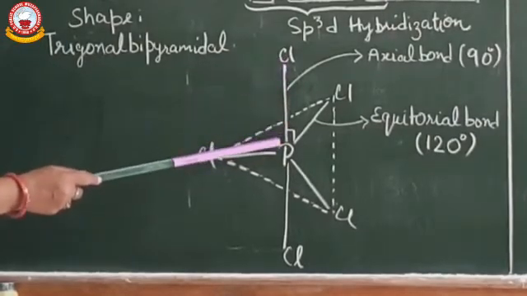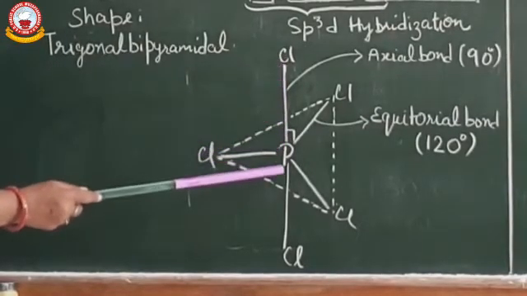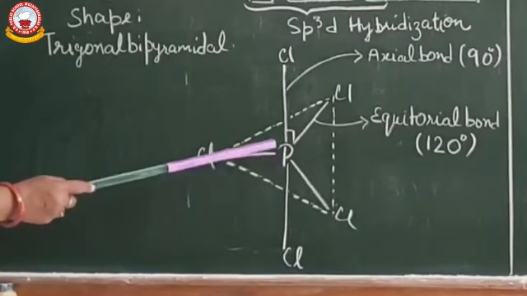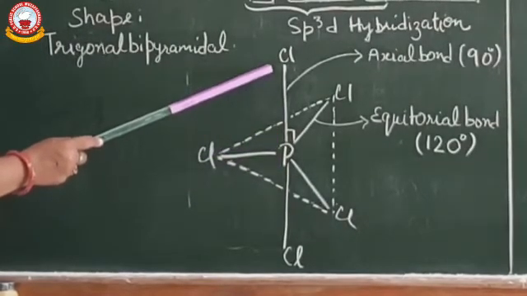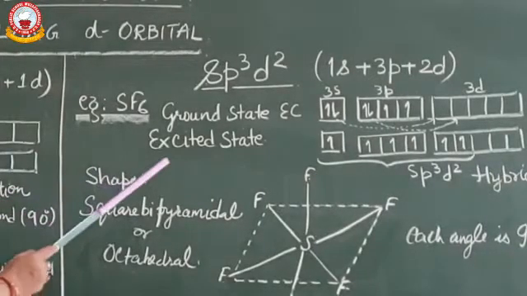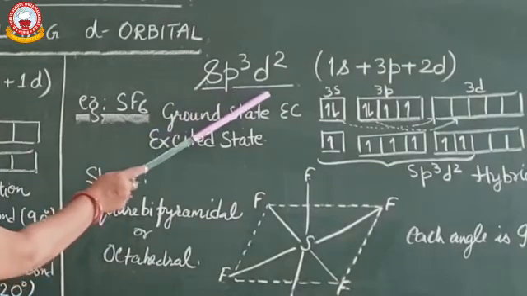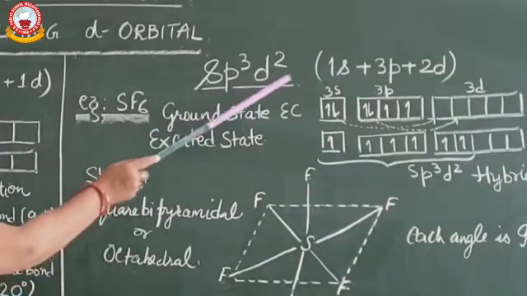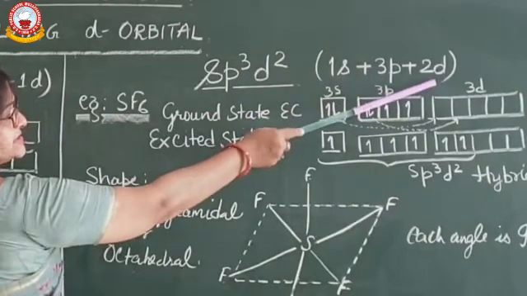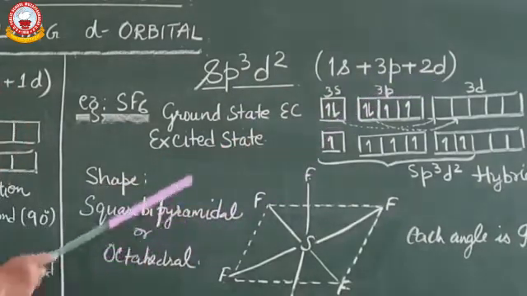So, due to greater bond length of axial bonds, these are weaker bonds and can be easily broken. Now, the next hybridization is sp3d2 in which 1s, 3p and 2d orbitals mix and hybridize to form